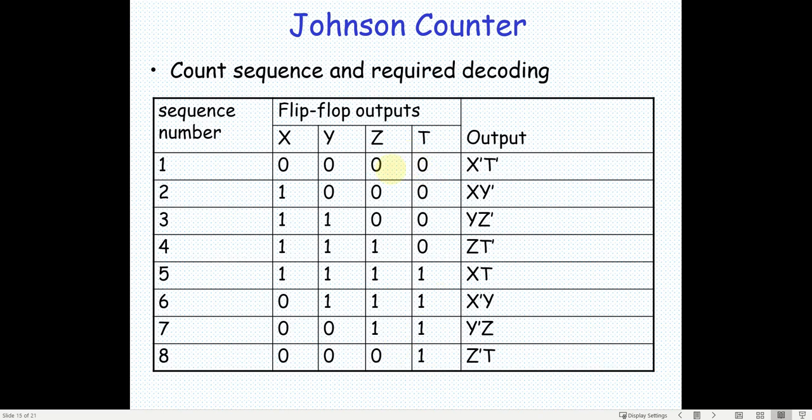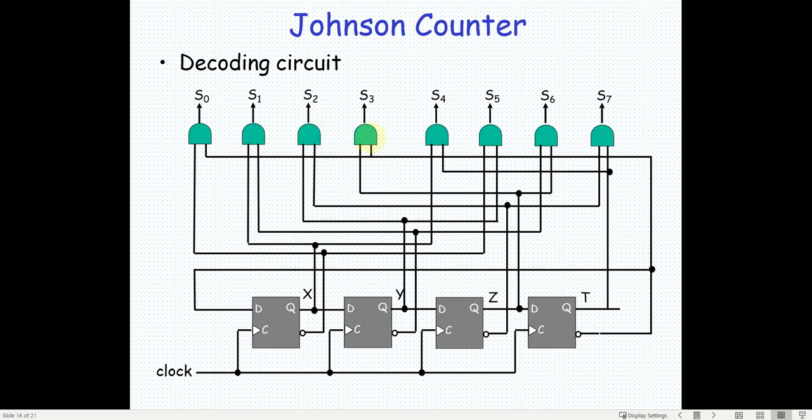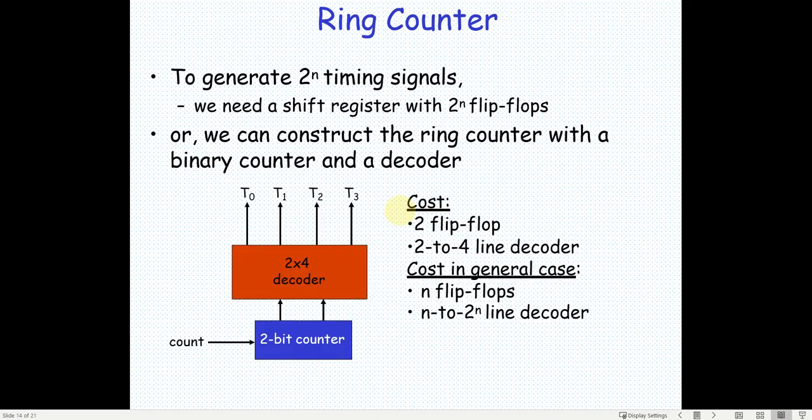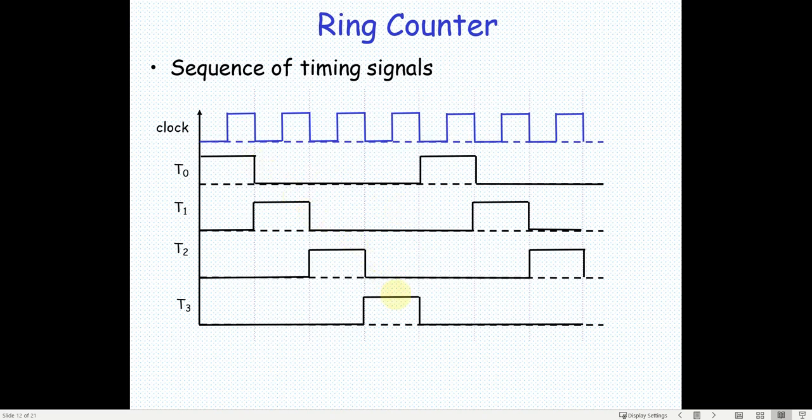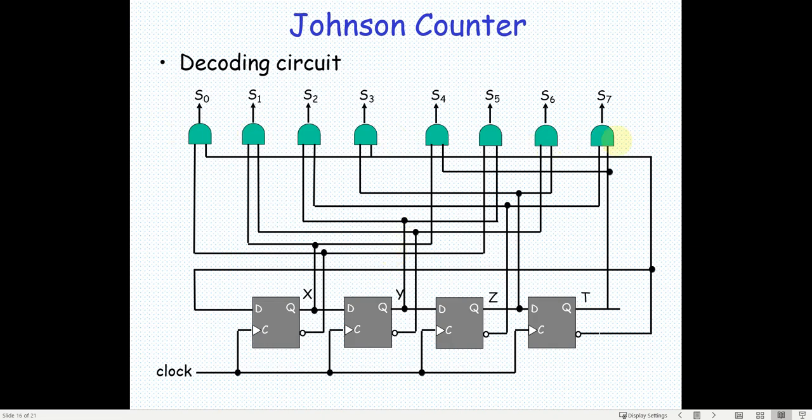One thing is, we have 8 different states, right? So using this table and a combinational logic circuit here, we can generate 8 signals. Like you have generated here now 4 signals which are 90 degrees apart, you can generate a signal out here using this circuit which is only 45 degrees. So that is why with the same hardware, this Johnson counter can generate an 8-phase signal. So this has its own advantage.